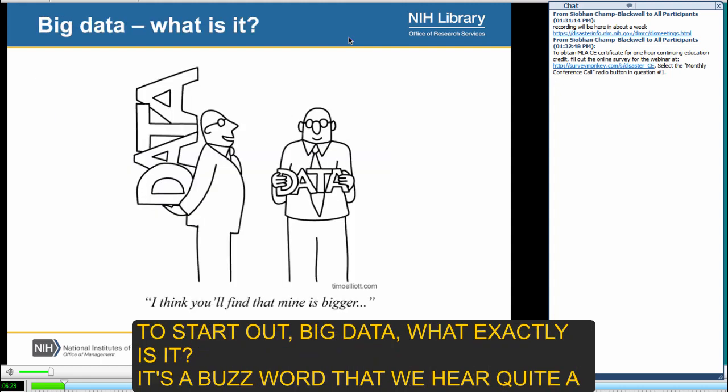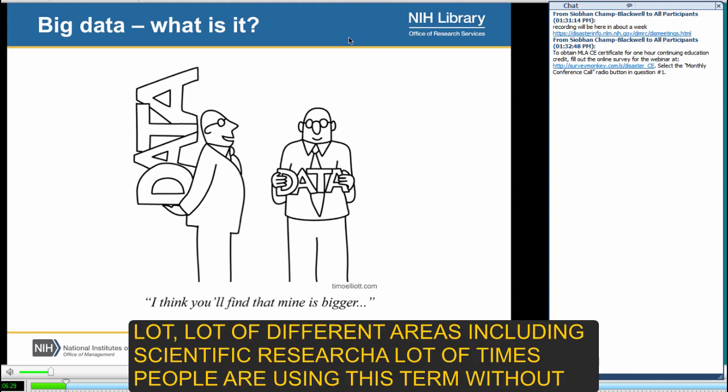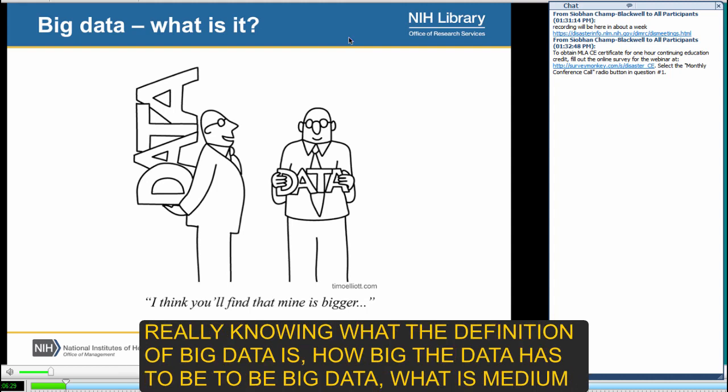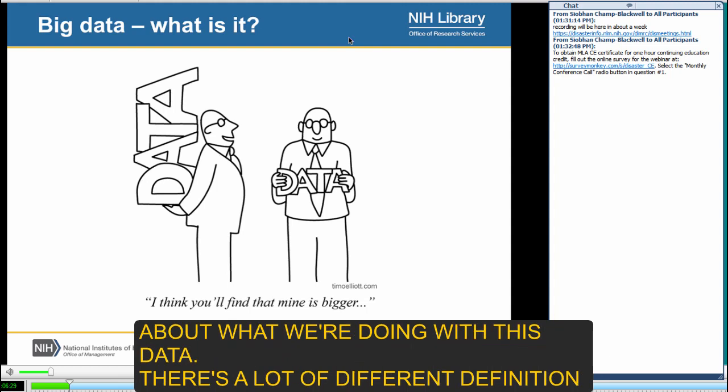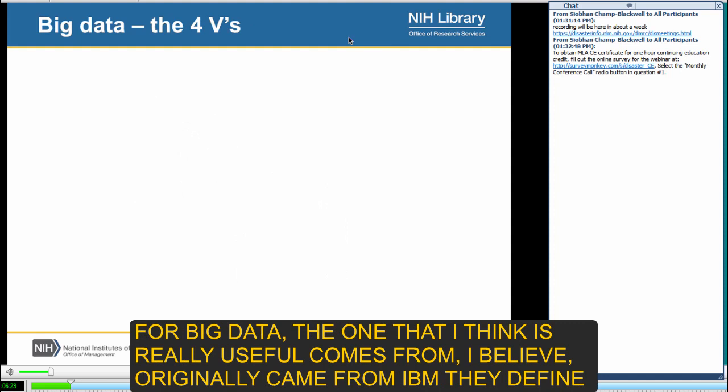So to start out, big data, what exactly is it? It is a buzzword that we hear quite a lot in a lot of different areas, including scientific research, but a lot of times people are using this term without really knowing what the definition of big data is. How big does data have to be to be big data? What's medium data? What's small data? What makes big data different? I think it's really important to understand that before we can talk about what we're doing with this data. And there's a lot of different definitions for big data, but the one that I think is really useful